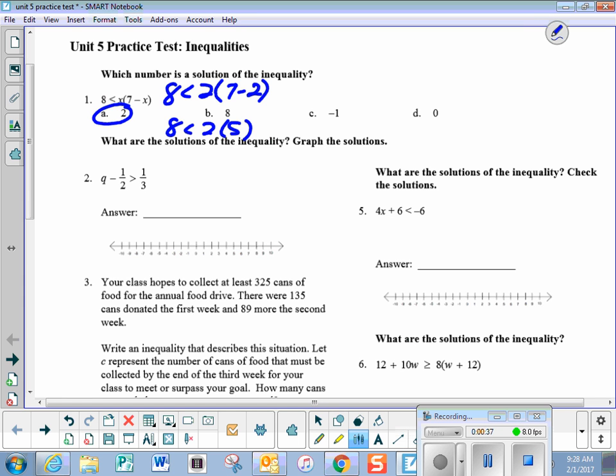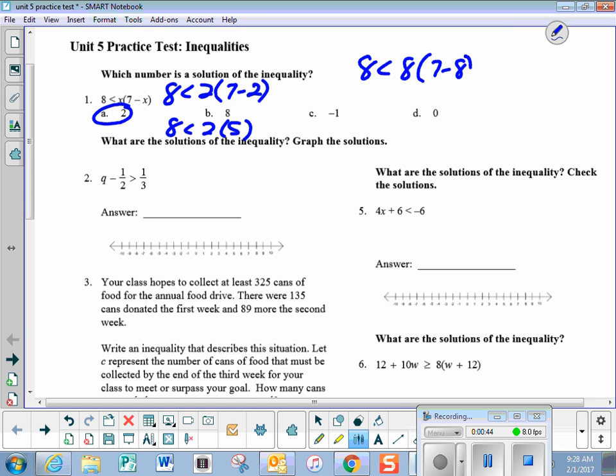If I plug in 8, I get 8 is less than 8 times 7 minus 8, and I get a negative in here, so I get 8 is less than 8 times negative 1, so 8 is less than negative 8. 8 is not less than negative 8. When I plug in the negative 1, I also get a negative answer, so 8 can't be less than a negative number. And when I plug in 0, I get 8 is less than 0, and that is also not